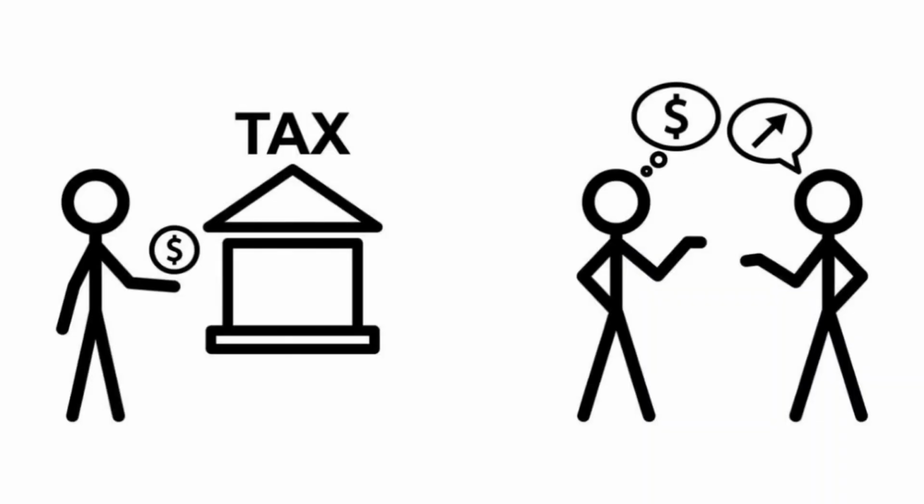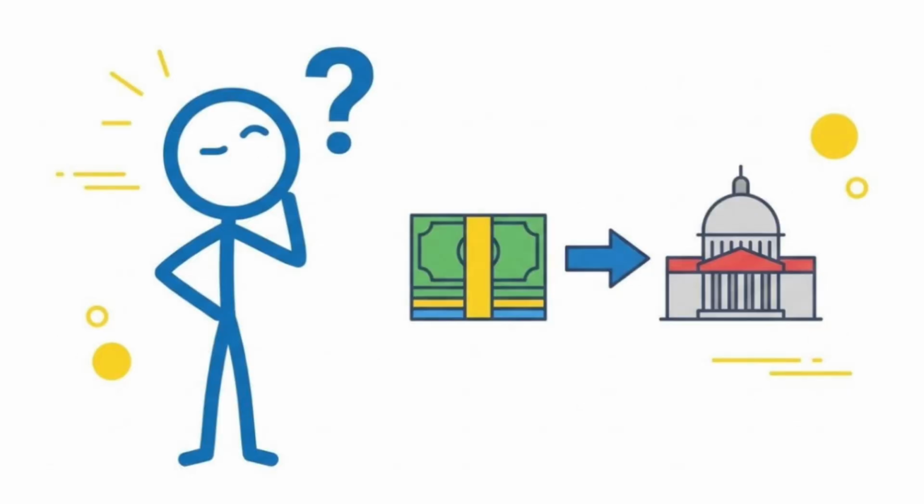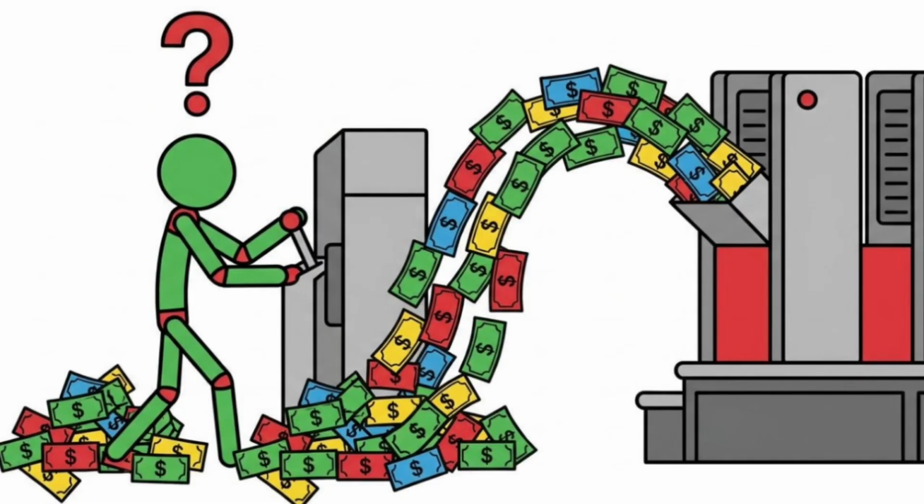We all have to pay taxes, and we constantly hear politicians arguing over the national debt and government borrowing. But it begs a very simple, almost childlike question. If the government is the one who makes the money, why do they need to tax us? Why do they need to borrow? Why doesn't the government just print unlimited money to pay for everything?